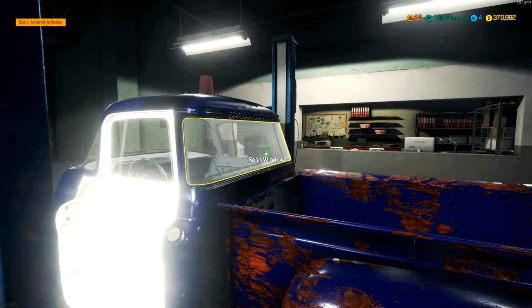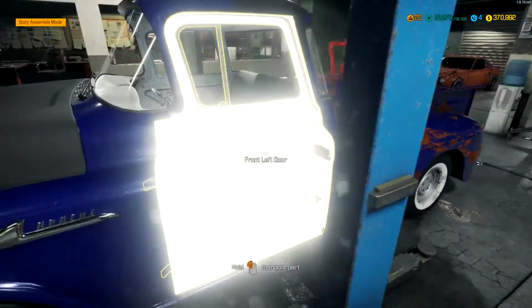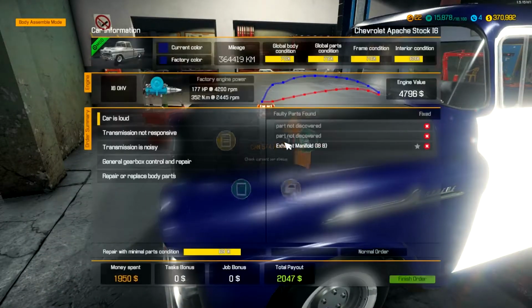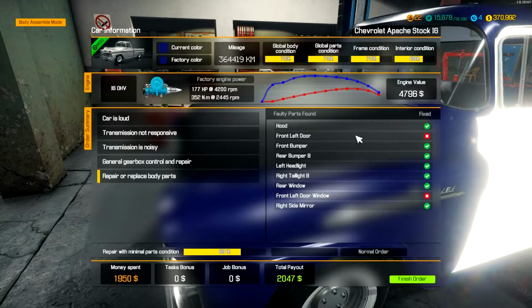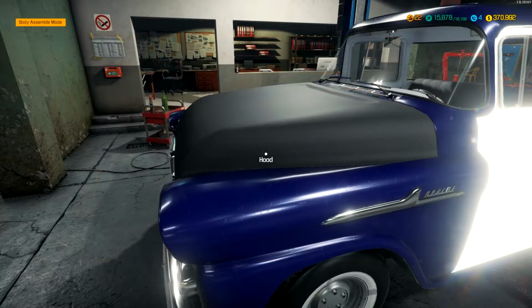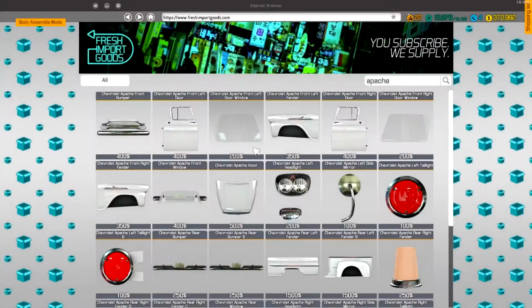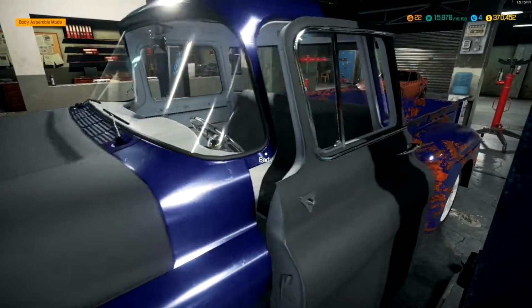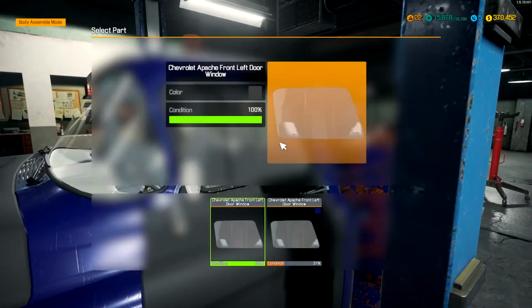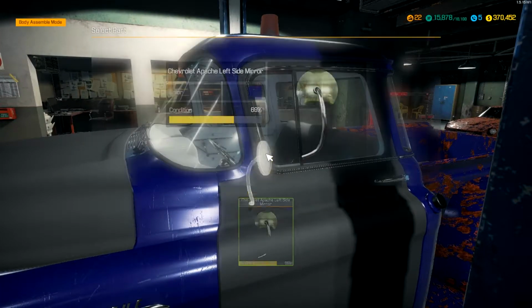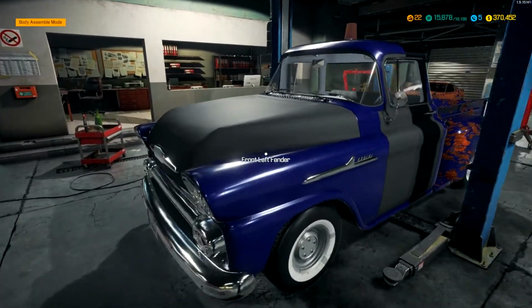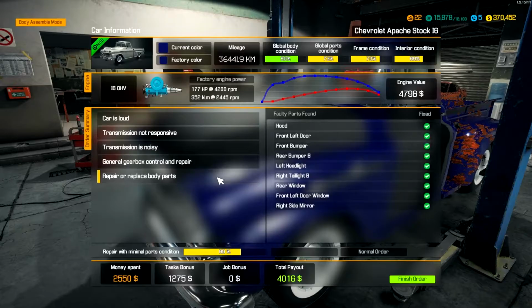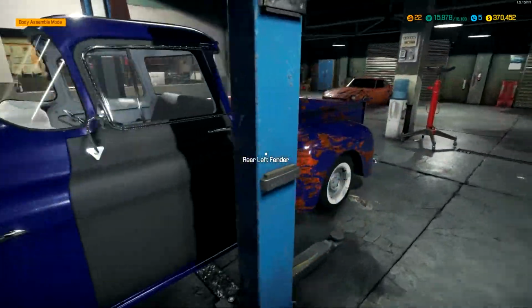I can put in the rear window. God, that is glowing. Alright, left door and left door window. So that is our left door window. Front left door window. Left side mirror. And that should handle the entire body, which I'm not going to lie, I'm surprised they didn't have me replacing